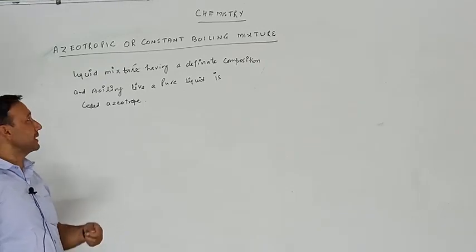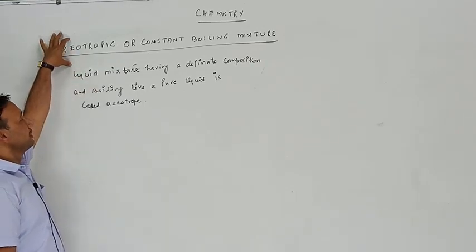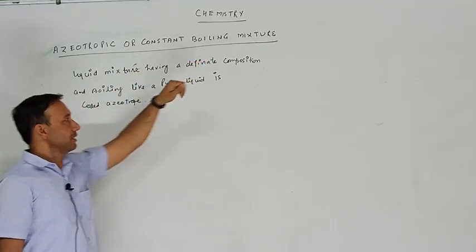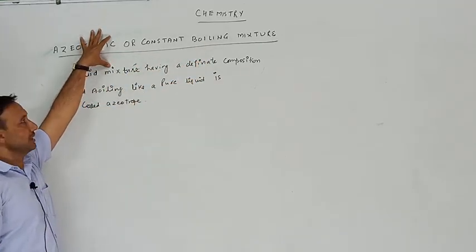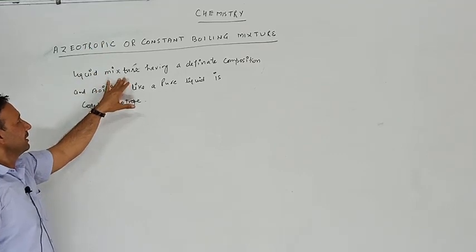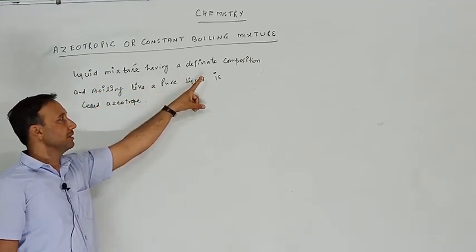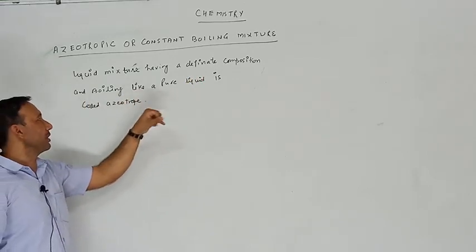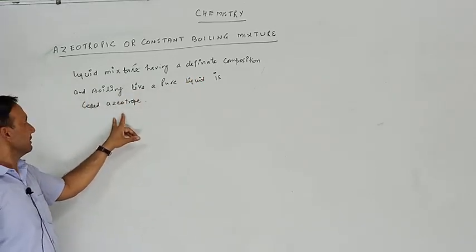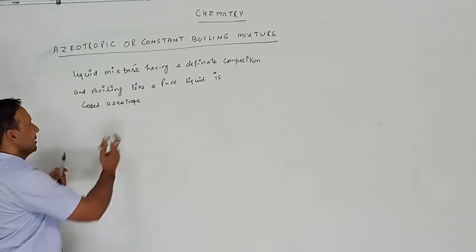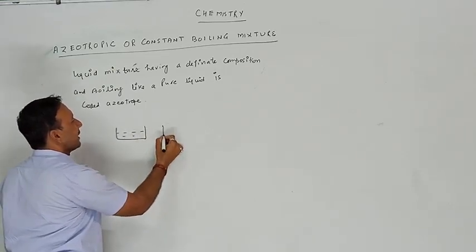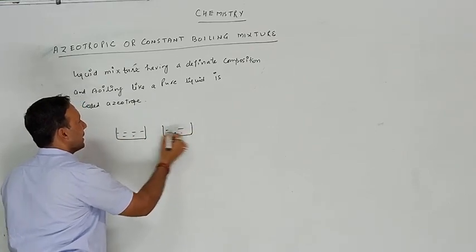Our next topic is azeotropic mixture or constant boiling mixture. What is an azeotropic mixture? A liquid mixture having a definite composition of different components and boiling like a pure liquid is called an azeotrope. It means suppose we have two different liquids A and B,